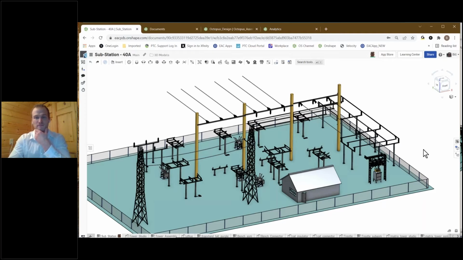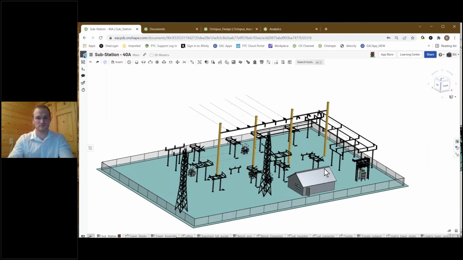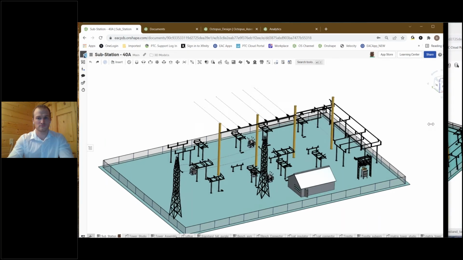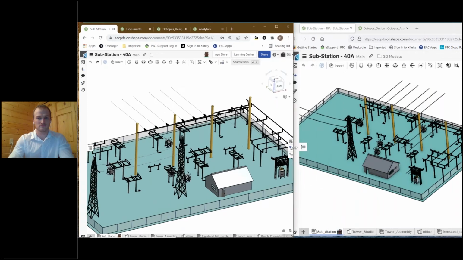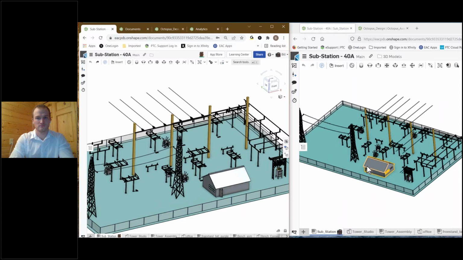We're not going to be doing the oil and gas utility today. I'm going to be working in a different utility. We're going to use the electrical substation here. Same idea though. What we're going to be doing is talking about how people can access the same data at the same time. As you can see here, our electrical substation. And I've shared this with some other people. And here's another user right here who can as well see the exact same model at the exact same time